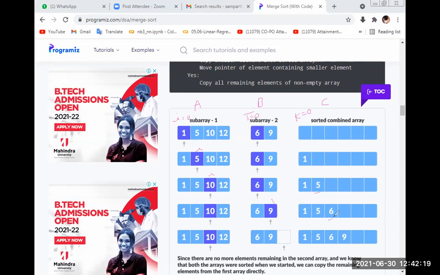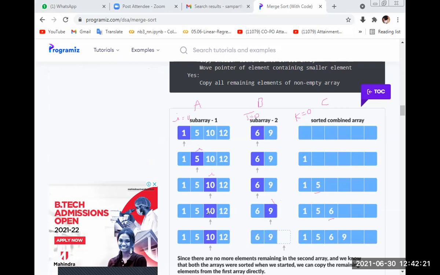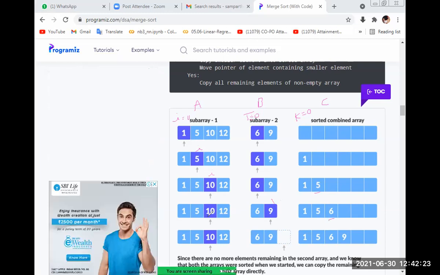The I stays as it is, because its value was greater. Again I compare I with J. J is less, so that value is stored in the destination array, and I stays here.